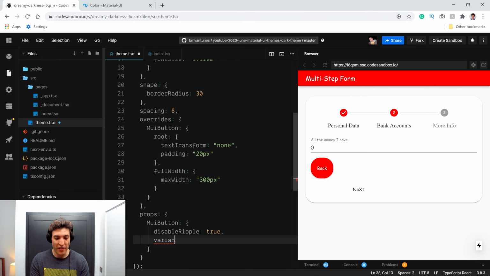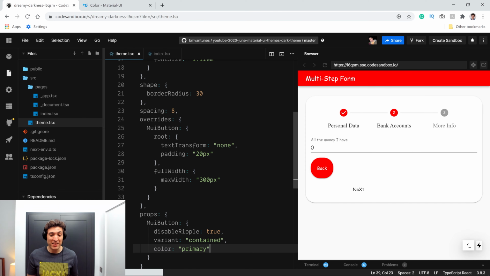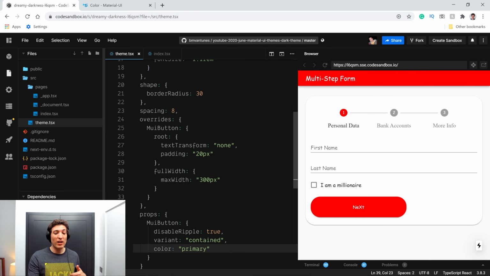So I can say variant to be contained, and the color is primary, right? So when I save this now, we will change the color and we are back to where we were. And now we don't need to define that in every single button we do, which is great, right?